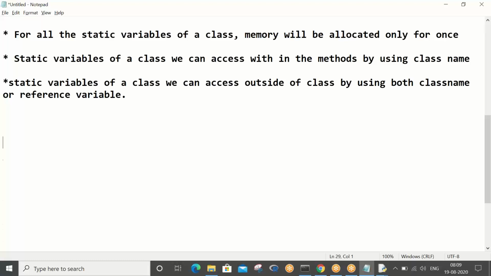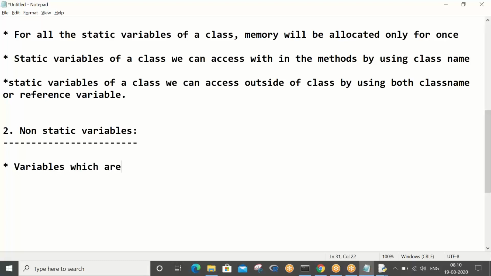Now let's proceed to understanding non-static variables. Very important points, please. You will 100% get confused, so please put your 100% mind here.